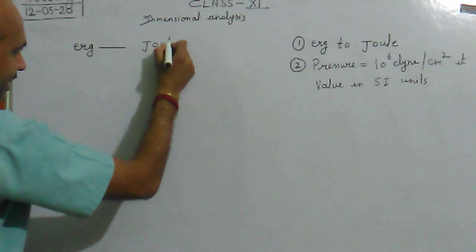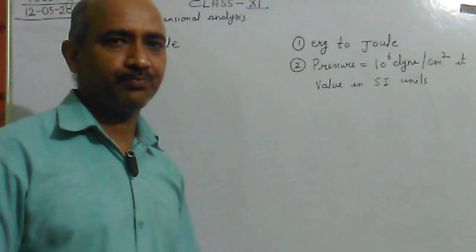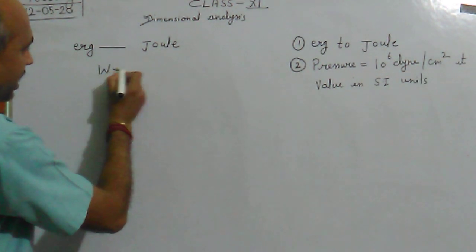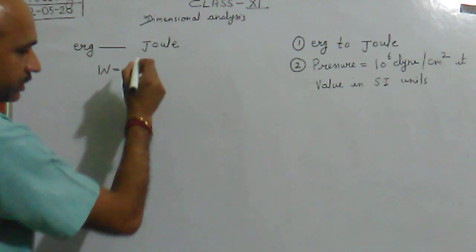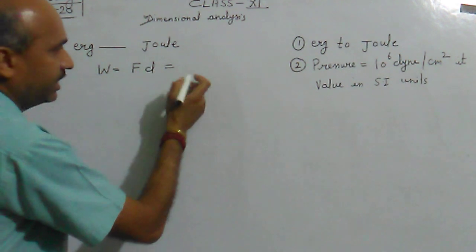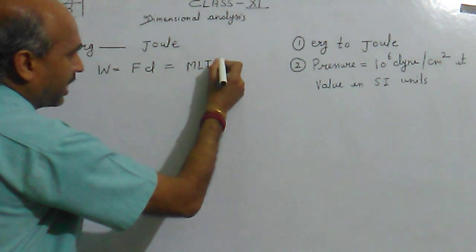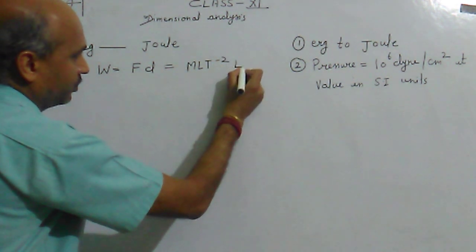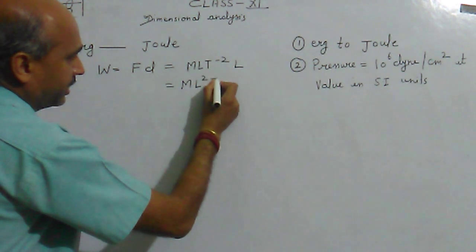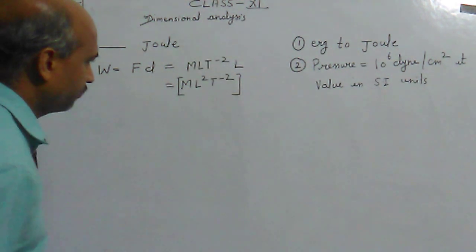And you know that joule क्या है, joule is the unit of work we can say, or we can say energy. And work means F into d, force into displacement. And if I want to find out the dimension, the dimension of this Fd will be, the dimension of force will be M L T minus 2, and dimension of d means L only. So I am getting M L 2 T minus 2. This is the dimension of force.